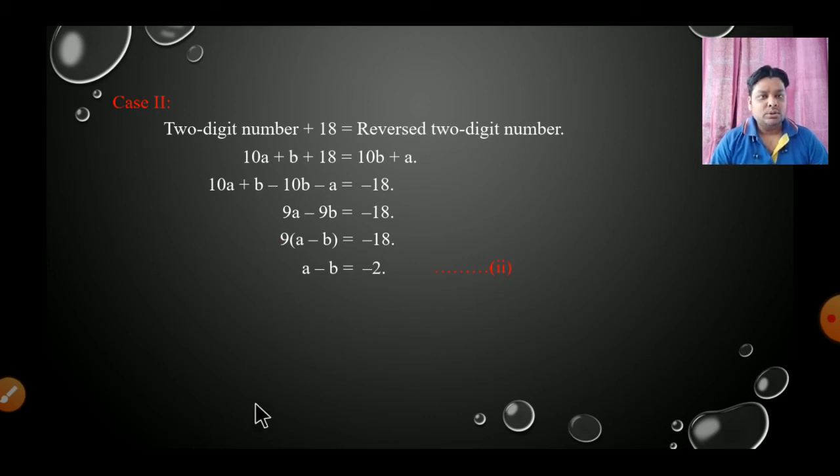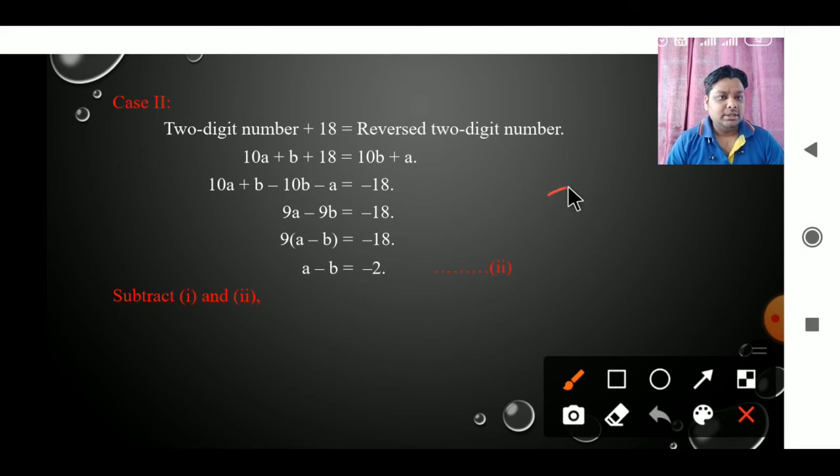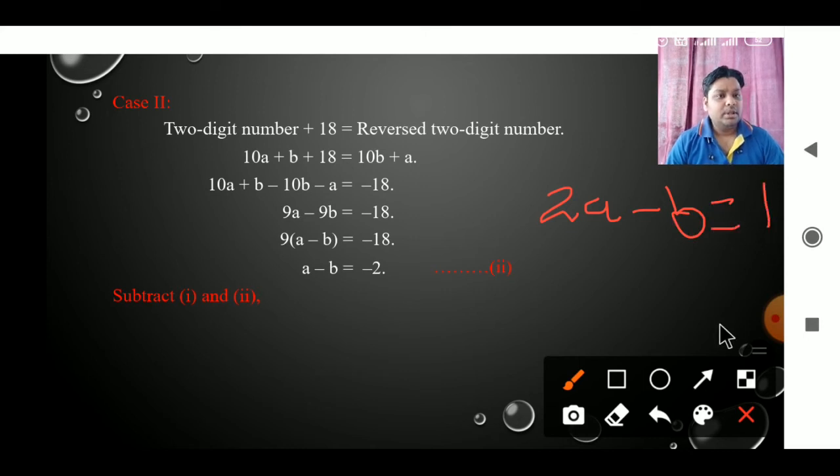Okay, so after that what we will do, we will subtract 1 and 2. Why will we subtract 1 and 2? We can add also, but you can see that in equation 1 it is written 2a minus b is equal to 1. At first we have to see that any one variable is kept the same. Here a, but here 2a, it is not the same. But here b and here b, in both equations b and b are given, and here minus b and here minus b, if both have the same sign then we will subtract.